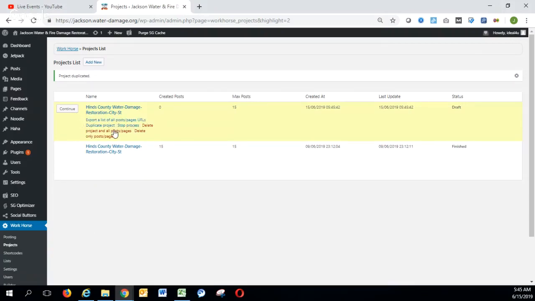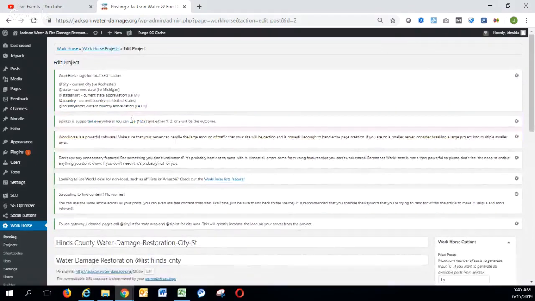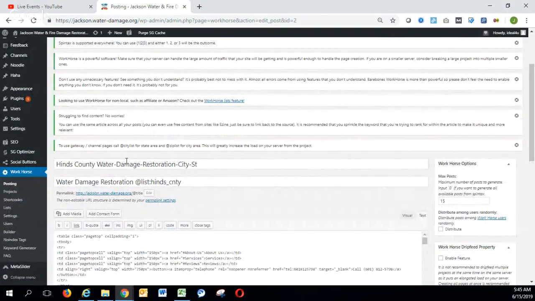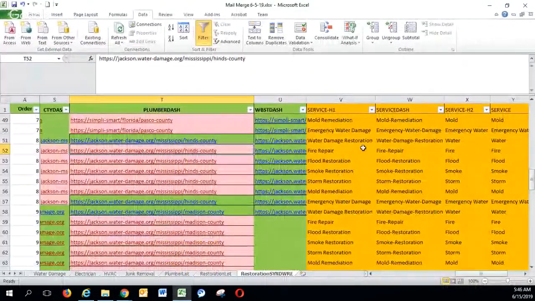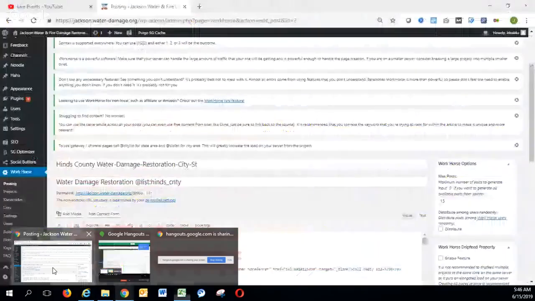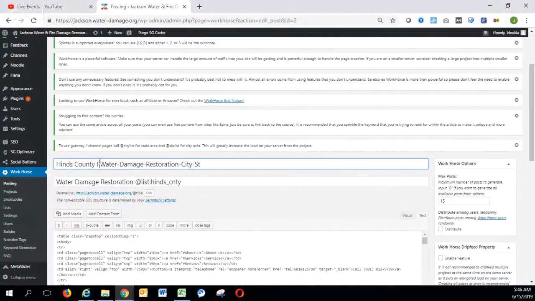All right, so we've duplicated that project. So we'll continue. The first thing we want to do is update the project name. The project name will be updated to basically the H1. Our H1 in column V is going to be fire repair. So we're going to name that fire repair, and we'll delete water damage restoration because that was the last one. We'll call this fire repair